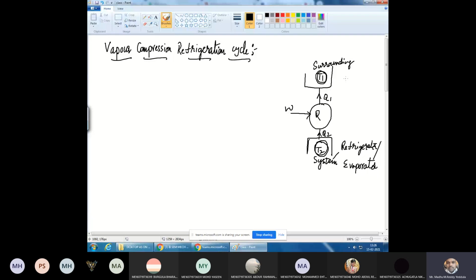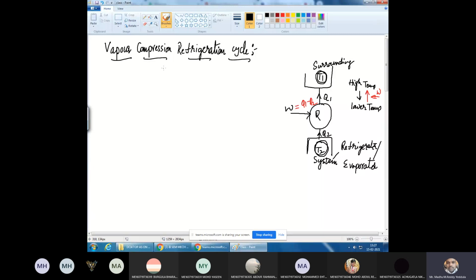Naturally, heat always flows from a body at higher temperature to a body at lower temperature. So this is a natural process. But in a refrigerator, it occurs in the reverse direction, meaning the heat flows from the body at lower temperature to the body at higher temperature. It's not a natural process, so to make this process occur, we need to supply certain work. If you write the energy balance, W plus Q2, both going in, equals Q1 coming out. Therefore, W equals Q1 minus Q2.